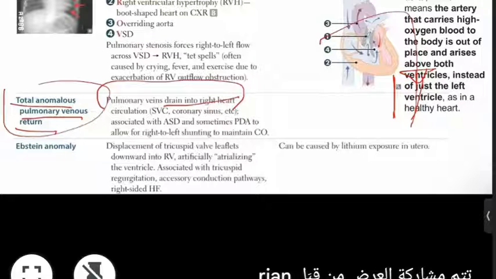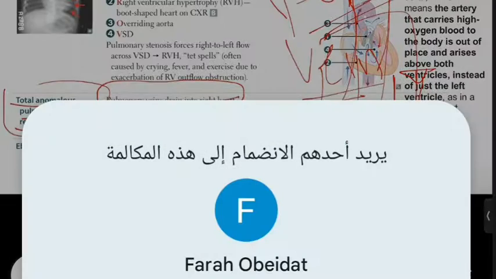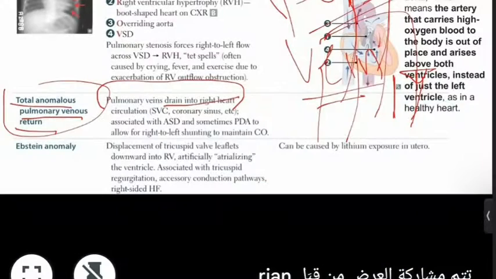The blood vessel that brings the blood to the heart is a vein. So you can imagine that the pulmonary system, or the respiratory system, the lungs, brings blood to the heart. And because this blood vessel brings the blood to the heart, we call it a vein. Okay? But you can also imagine, will the pulmonary system bring oxygenated or deoxygenated blood to the heart? Of course it